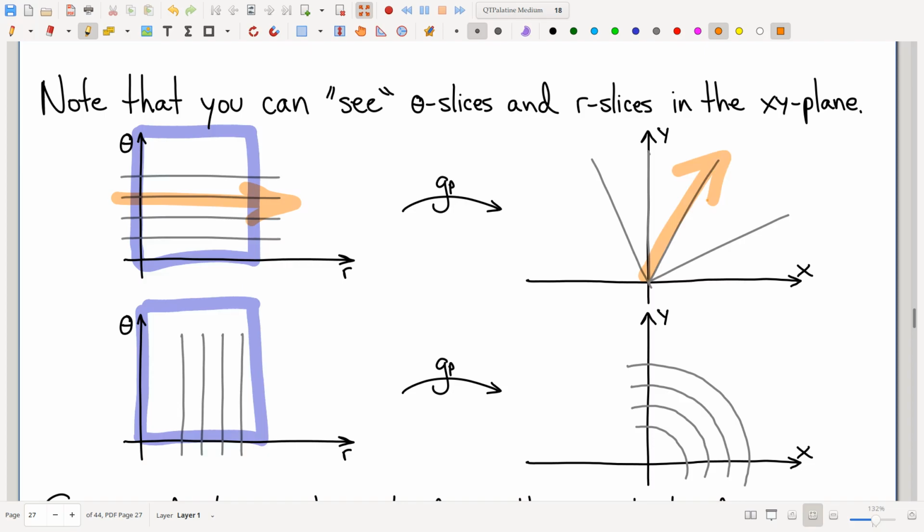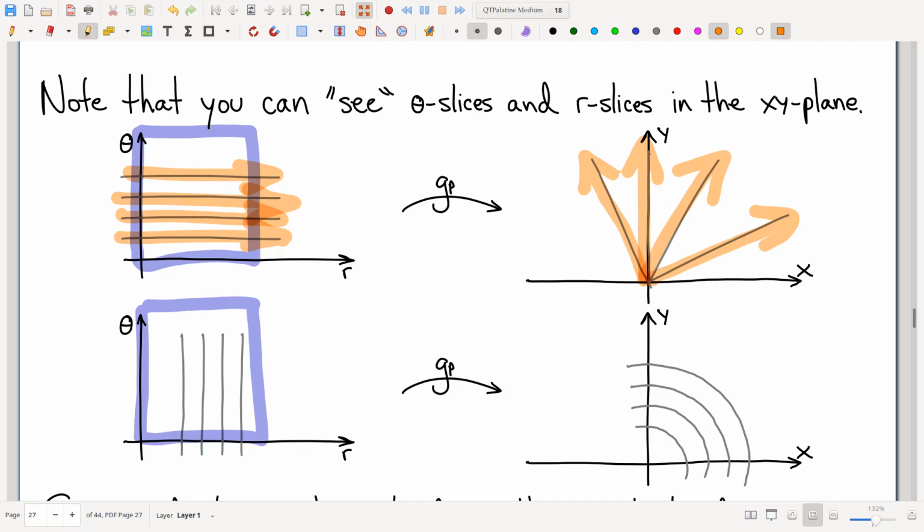All of these various theta slices in the theta direction are just rays coming out of the origin in the xy plane, like that. So a case can be made, I think a pretty good case, that rather than take your existing domain that you're looking at,